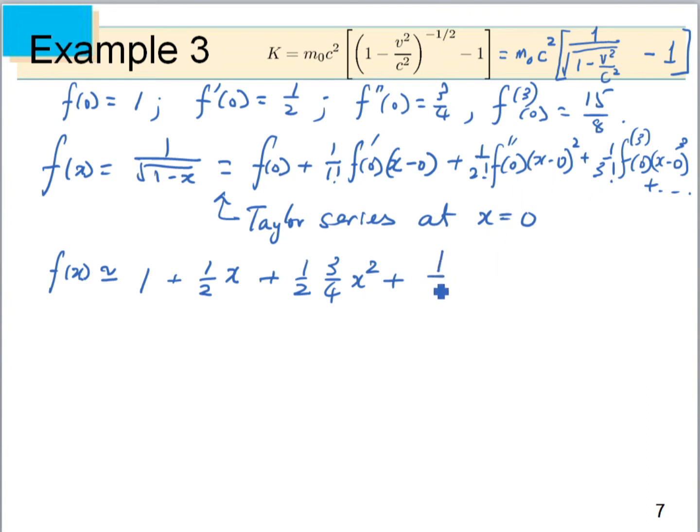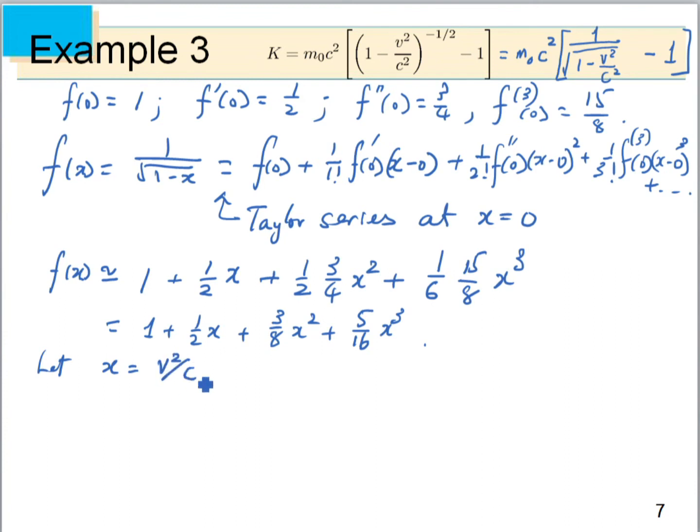And the third term is 3 factorial in the denominator, and that's 6, 1 over 6. 3 factorial 是6。然后呢，这个第三次的系数是15 over 8。OK, 因为我们把后面的都忽略掉了，所以这只是一个近似的函数。整理一下，就是8分之3 x 平方。OK, 这个整理一下，3化简剩下2，8，6。Alright, 那既然这个是 f 的一个近似函数，那现在呢，我们把我们的 x 其实要探讨就是